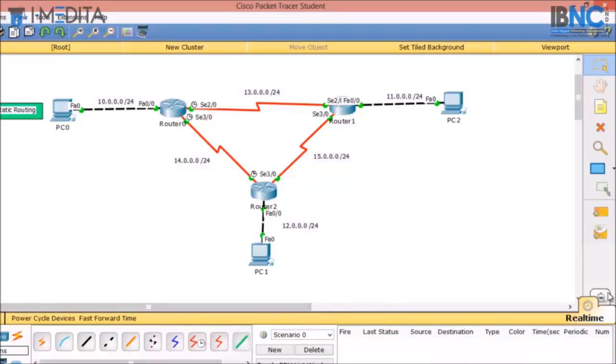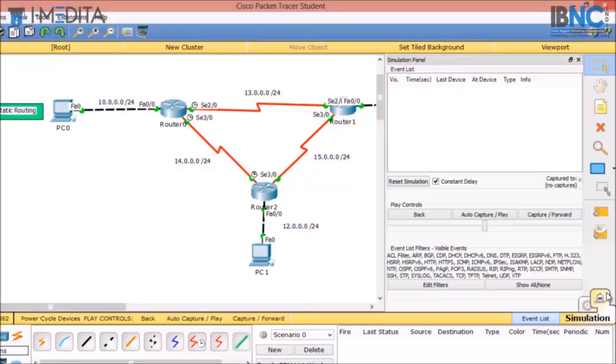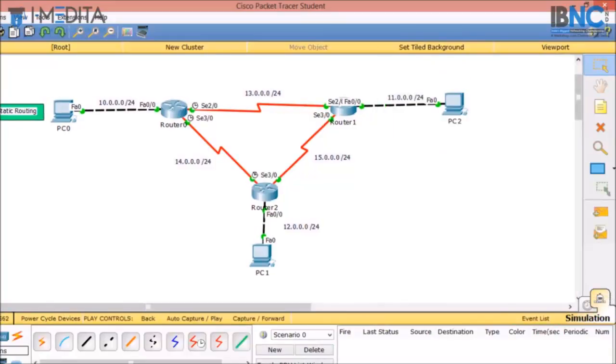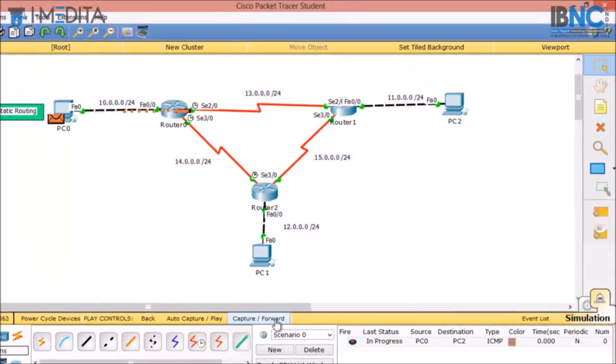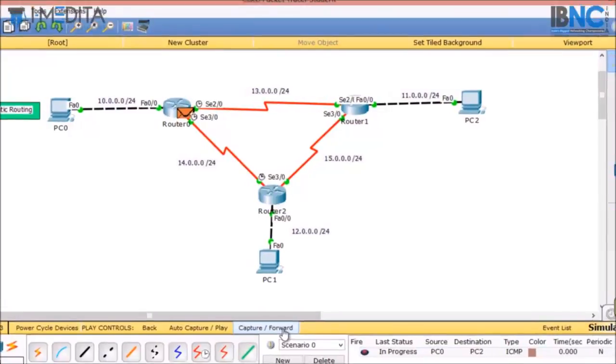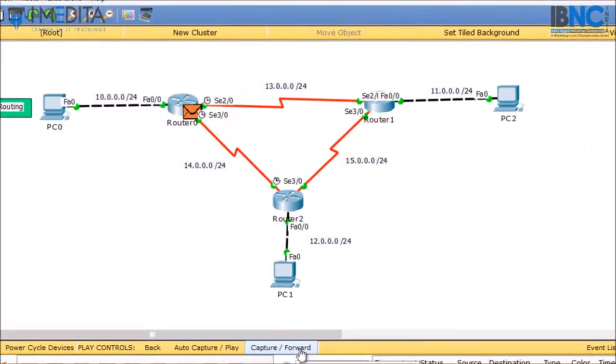And if you want to check the packet flow, then you will click on the simulation mode. You will pick a packet, drop it on the source and one on the destination. We will capture and forward. The packet will go to the router and then it will be redirected to the forwarding router's address. That will be router 2. Why? Because we have configured it.